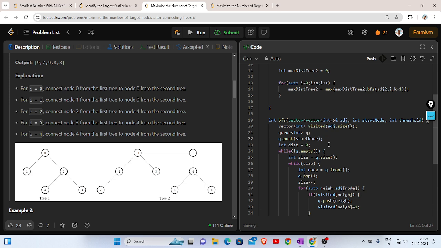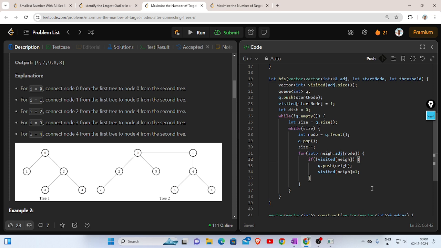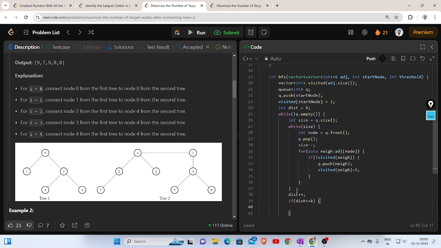Also, let's not forget to mark the starting node as visited. I forgot about that. I should have taken it here itself. All right. Okay, so for every level, after every level, increase the distance and check if the distance has gotten greater, or if it's still less than or equal to k. If it is less than or equal to k,